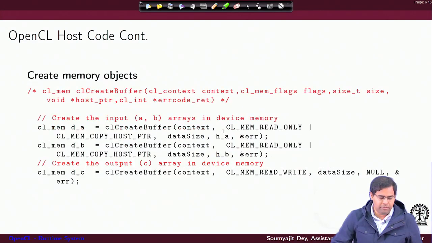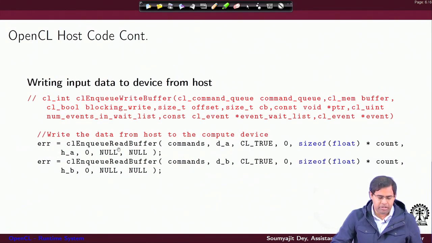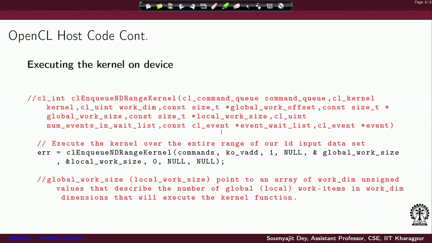So, just going back, these were your declarations of buffers, right, memory objects inside your context of execution, and they have already been told what the host pointers are from which they are going to read, right. Now, you just enqueue the read operations here. So, you enqueue read operations for the two arrays DA and DB. Once this is done, the next thing would be that you have to execute the kernel, right.